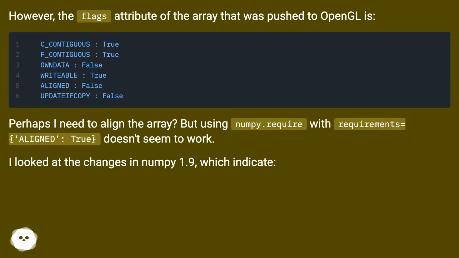However, the flags attribute of the array that was pushed to OpenGL is. Perhaps I need to align the array? But using numpy.require with requirements equals aligned, C doesn't seem to work. I looked at the changes in numpy 1.9, which indicate